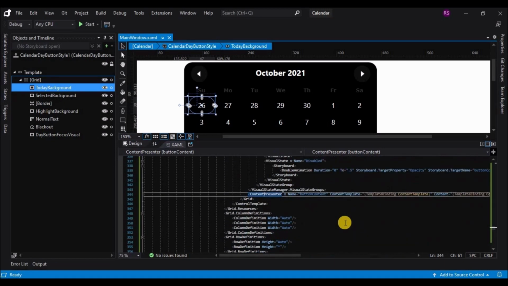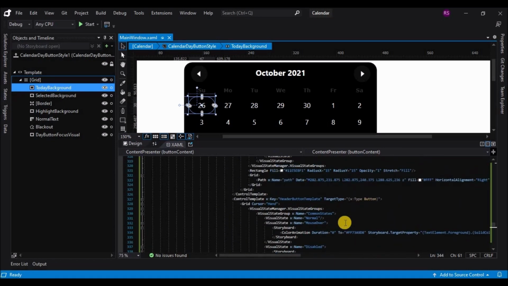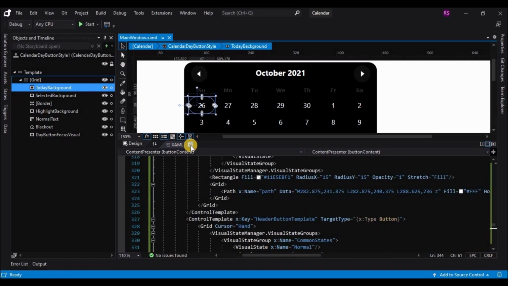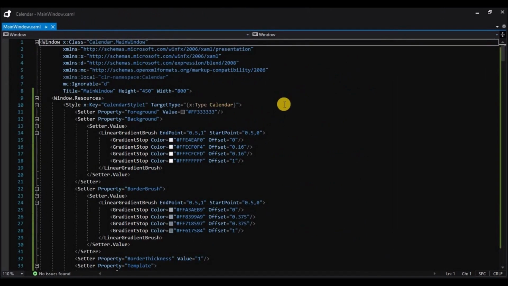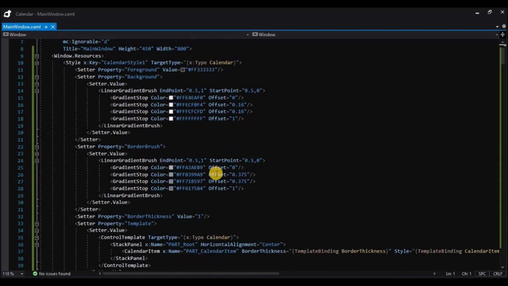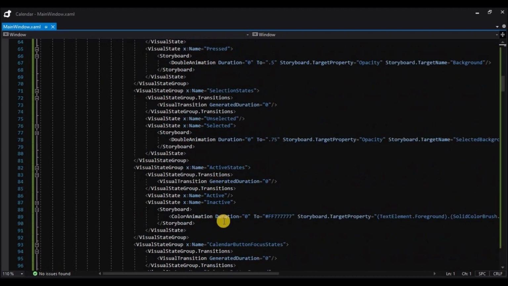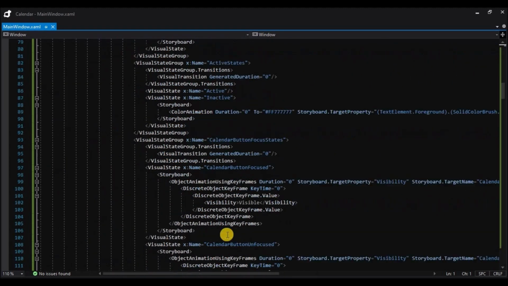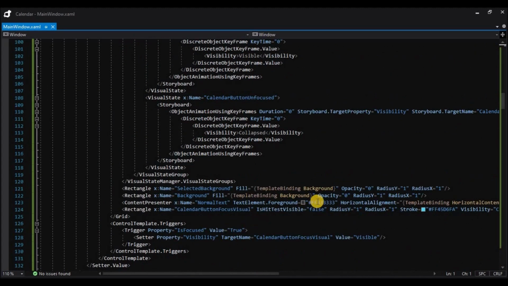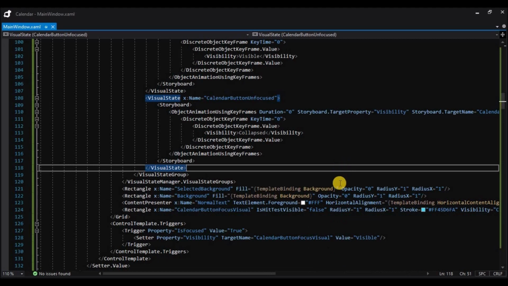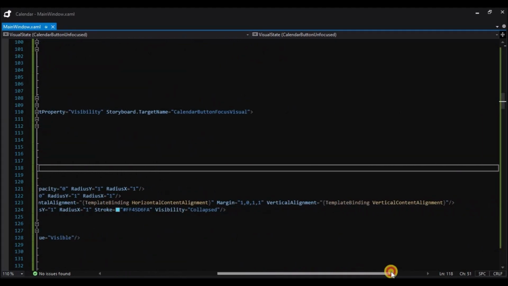So I will scroll up. Let's scroll up. I know this might seem a bit confusing at first, but if you go through the XAML content, you will definitely understand by making tweaks and changes to the XAML file.